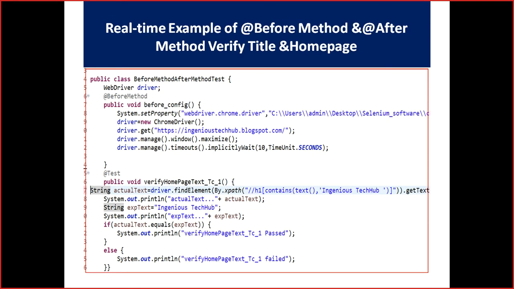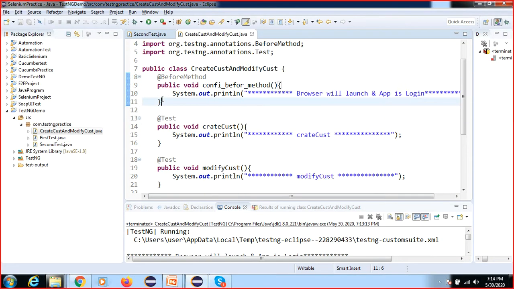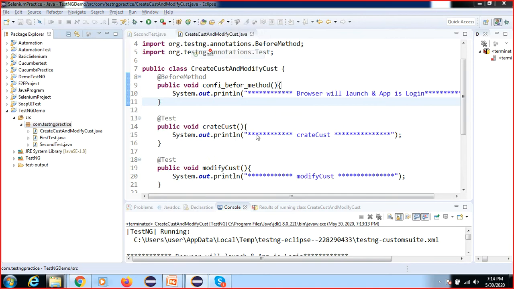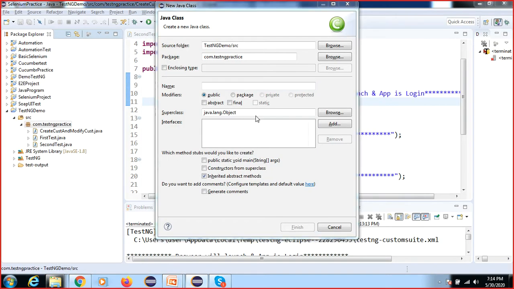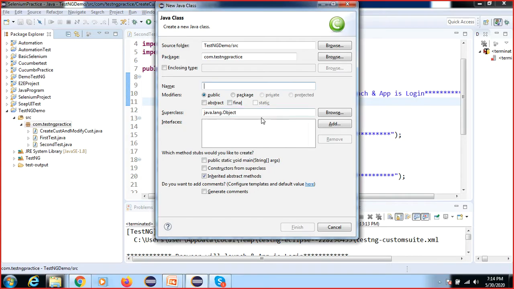I'll give you one example regarding this, so you can learn many things. I want to repeat all the steps we have learned before. What is the class name I have given? You can give any class name. Before method, after method, test.